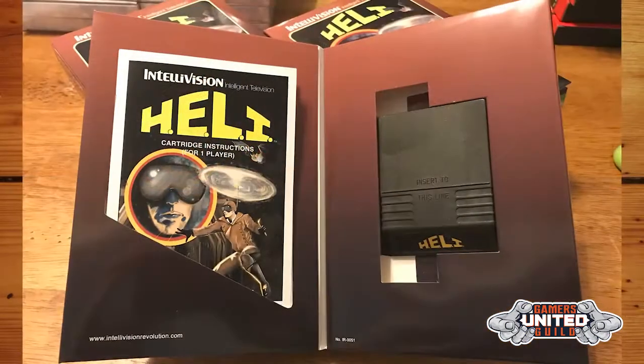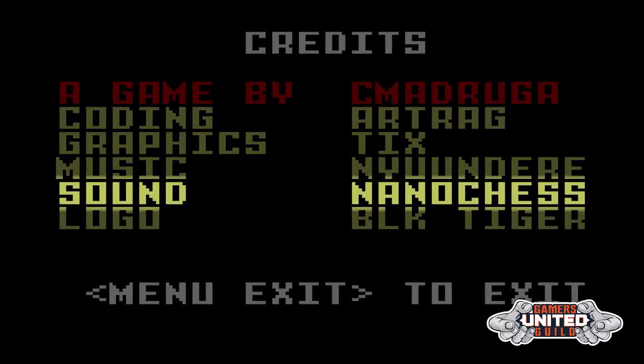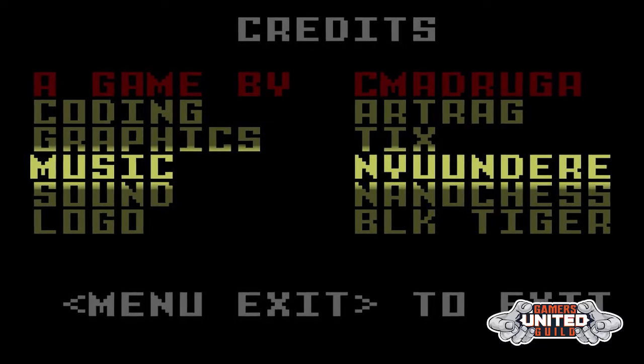Carlos Madruga was the lead programmer for this game, but he had other people. It was a really great collaboration that created it. The graphics are done by Tix, the sounds are done by Oscar himself, Nanochess, and the music in the game is done by Yandere, who I recently talked about in my last episode. He is creating the music for the release of Infiltrator coming out this upcoming November from Electronite, and also Carlos Madruga. Anyway, let's take some time and take a look at this game and see what I think,